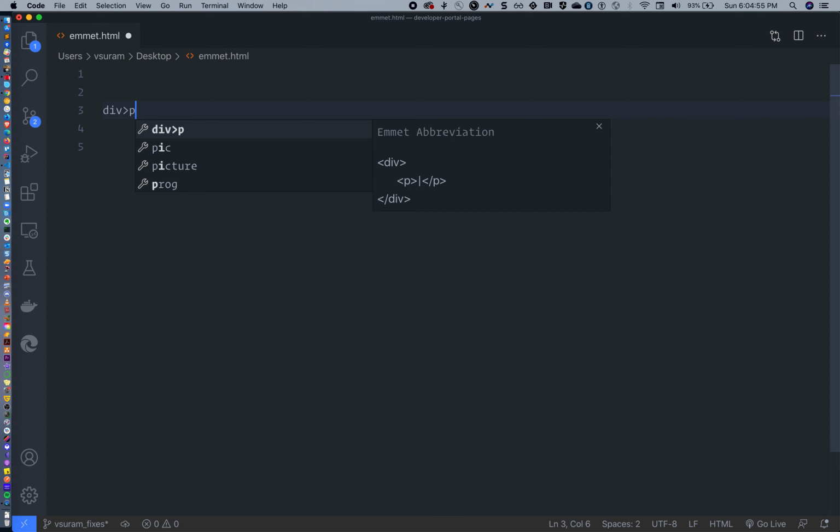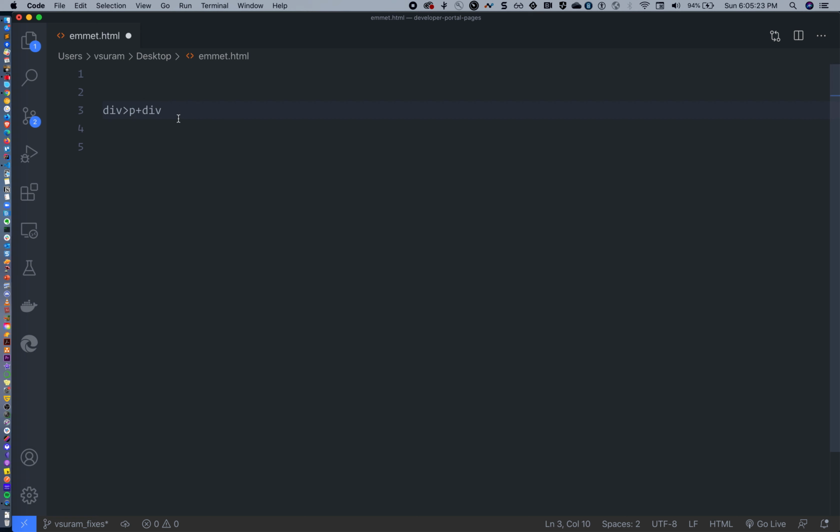So p plus, let's say, div. As you see, there is one p element and one div element. These are children of this div, but how are they created? Using the plus indicator. So these two elements are created as siblings and nested under the main div.